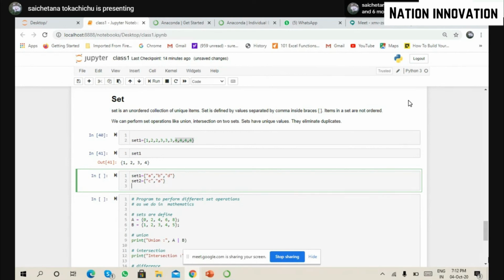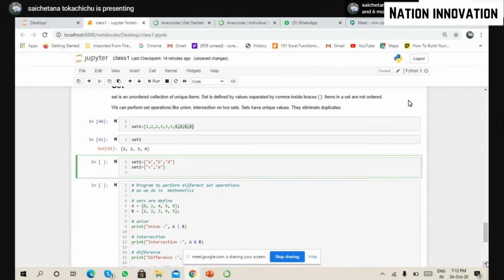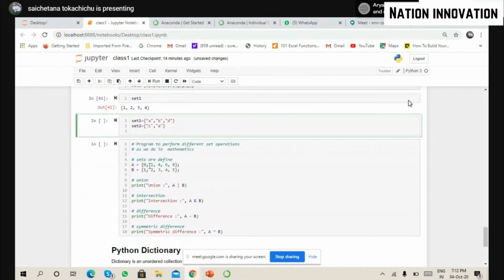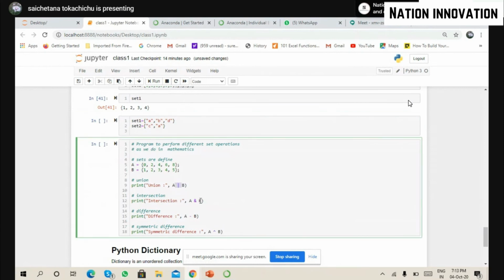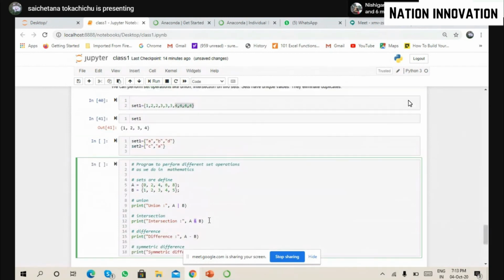So how do we do that in Python? Let's see. We have our sets over here. Our set A is 0, 2, 4, 6, 8. Our set B is 1, 2, 3, 4, and 5. So print union. For union we have this, and for intersection we have this.